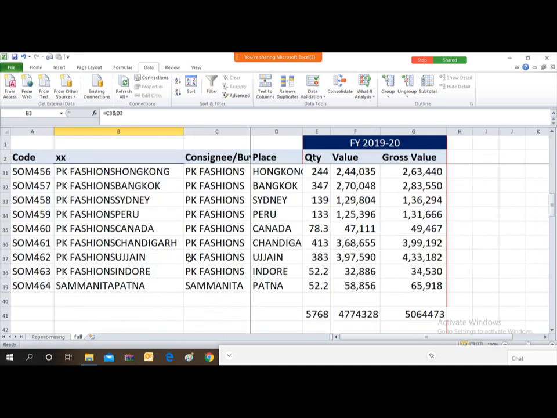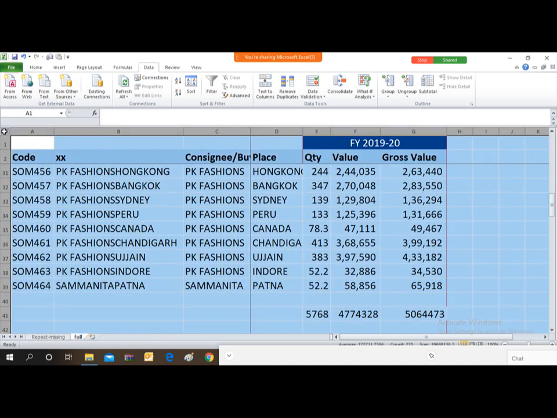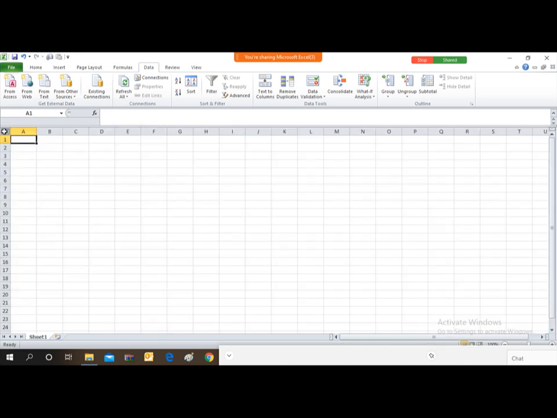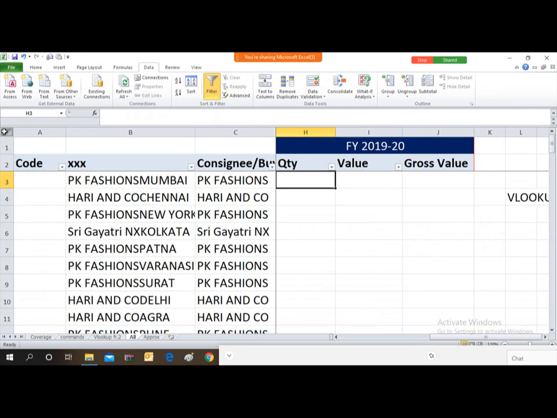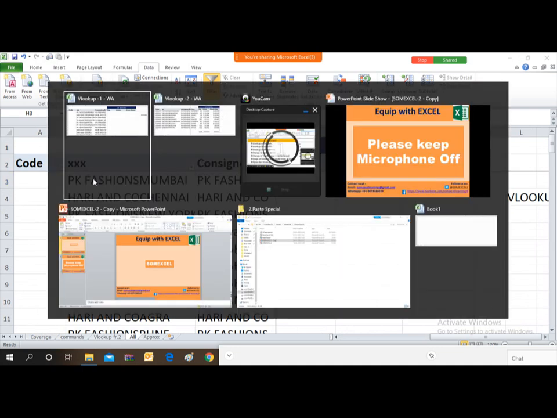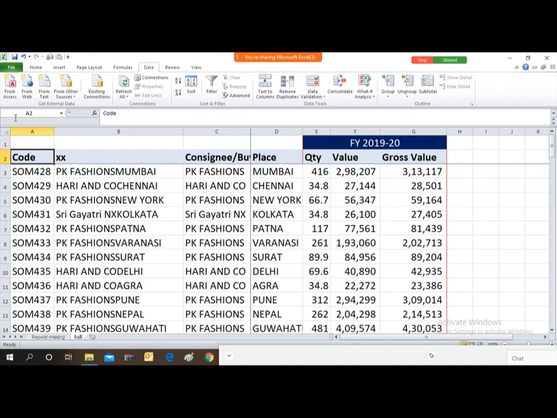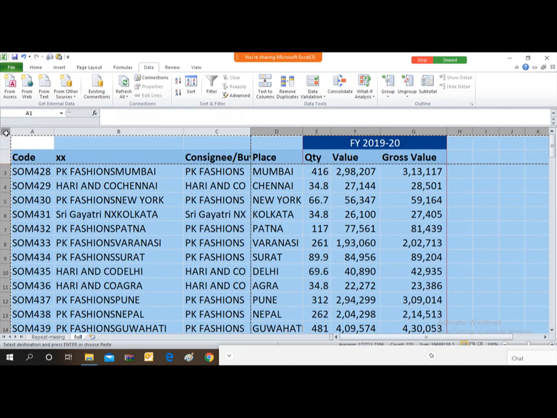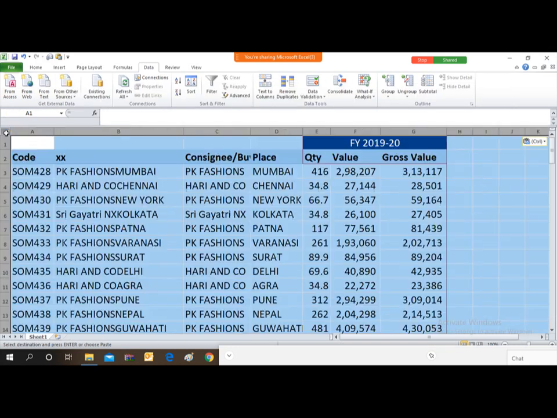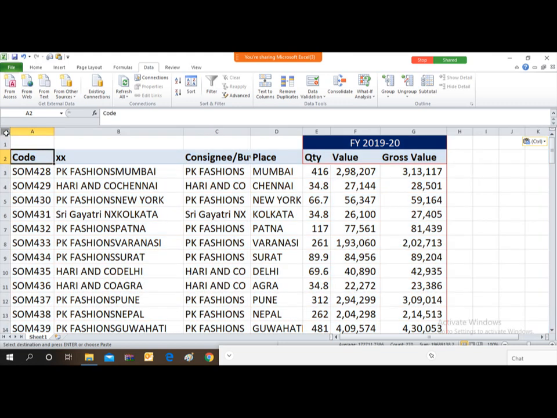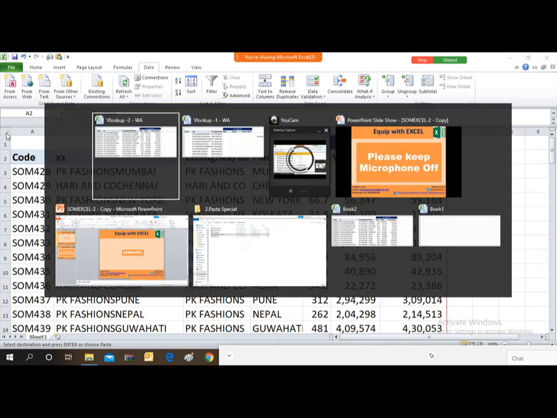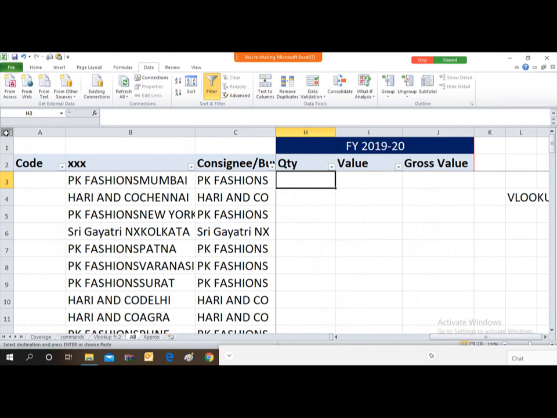So what I'll do, I'll copy this data in a new file. So this is the new file, friend, and I have used the VLOOKUP formula from this new file.